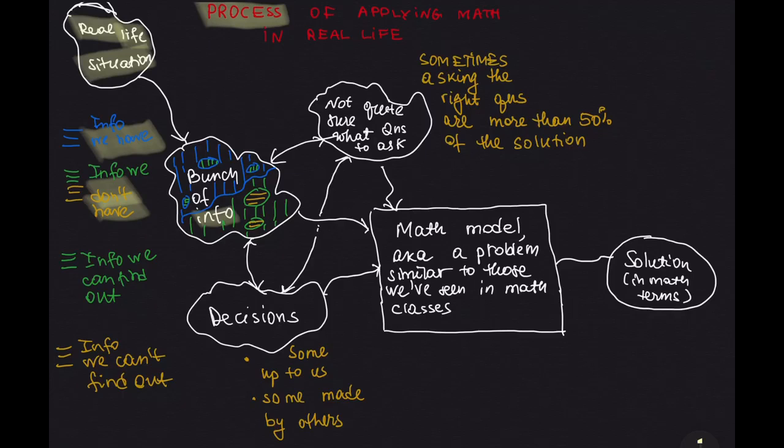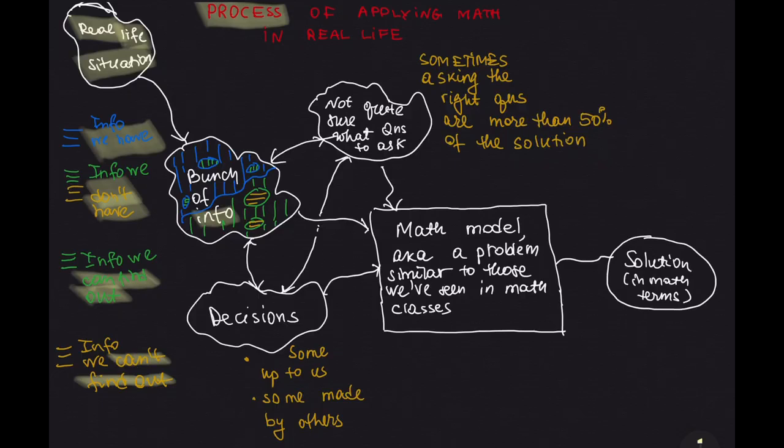Among the information that we do not have, there is some information that we can find out if we need to, but sometimes there is also information that might be relevant to the question we are trying to address, but we can't even find out that information even if we wanted to, but we still want to address the real life situation anyway. So this is sort of a challenge of applying mathematics in real life situations that is not always